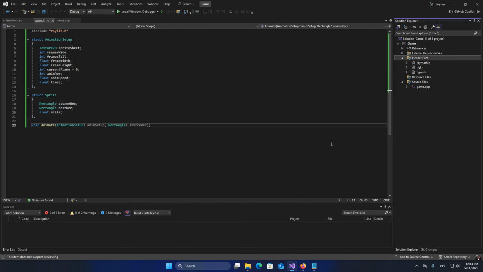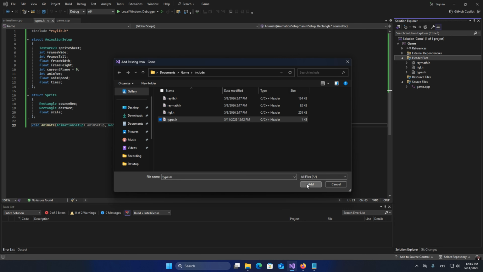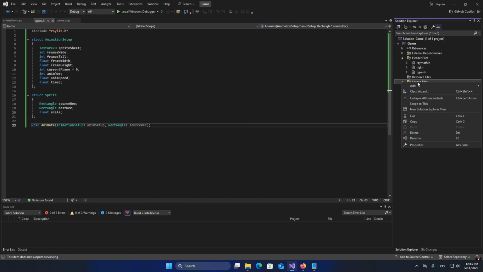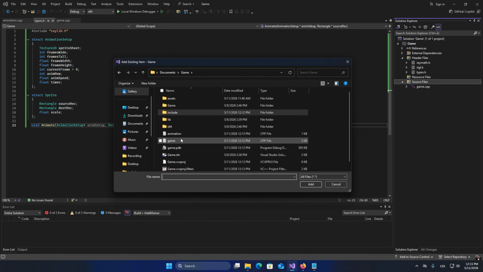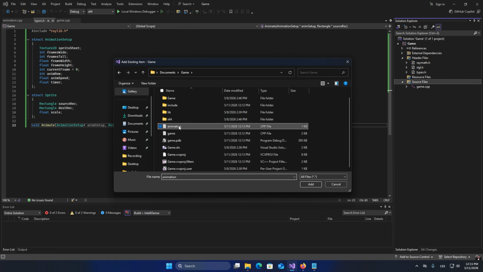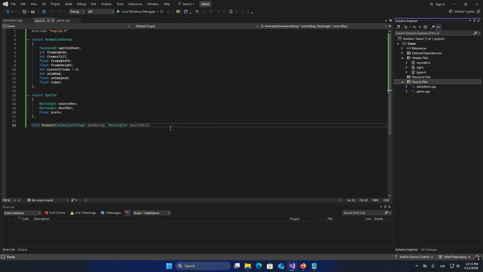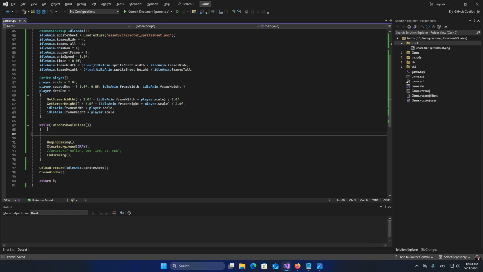We also need to add our types.h file to our header files in the project. So let's click on header files, add existing item and types.h. And also we need to add our newly created animation C++ file to our project as well. Let's click on animation, add, save. Next we will go to the while loop to use our function animate, a reference to idle anim and a reference to our player,